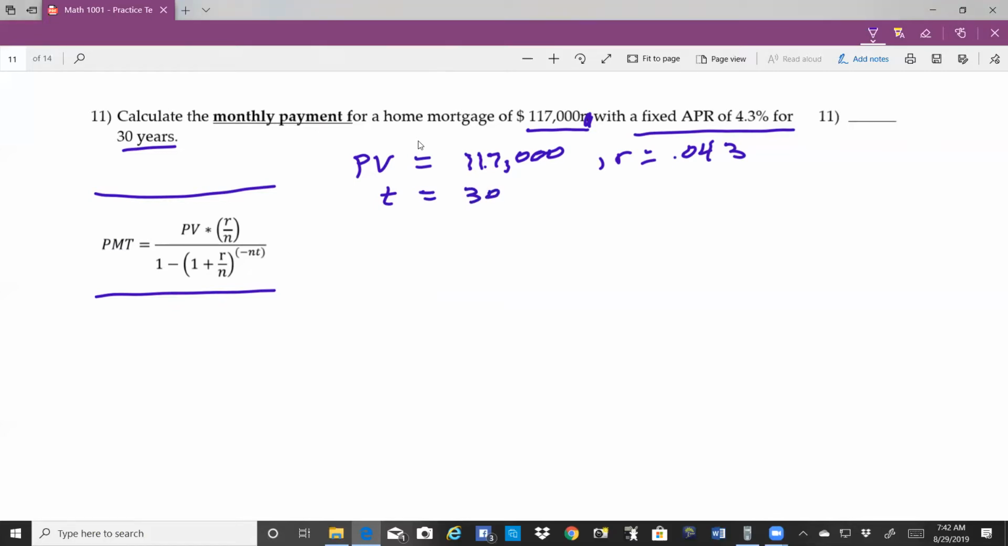And we're going to make monthly payments. N is equal to 12. So NT is 360. So the payment is going to be 117,000 times 0.043 divided by 12